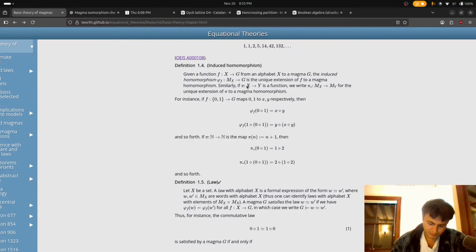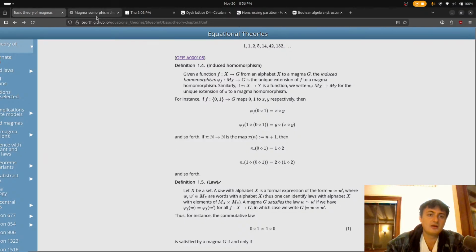So, okay, pi star just applies pi to each leaf of a syntax tree in MX. Yeah, that's fine. All right, I actually feel better.